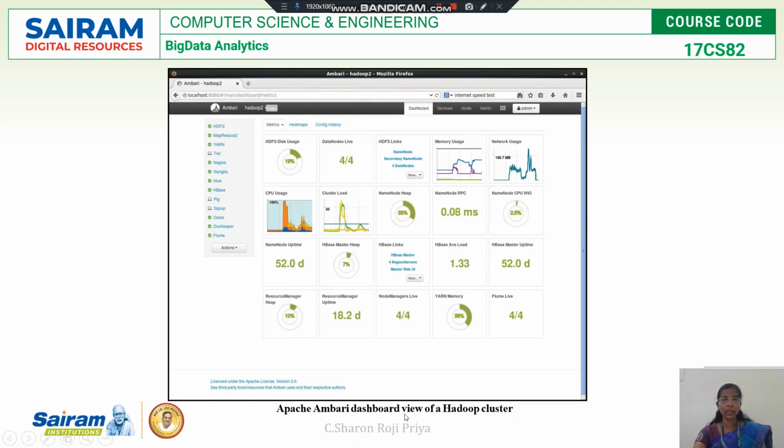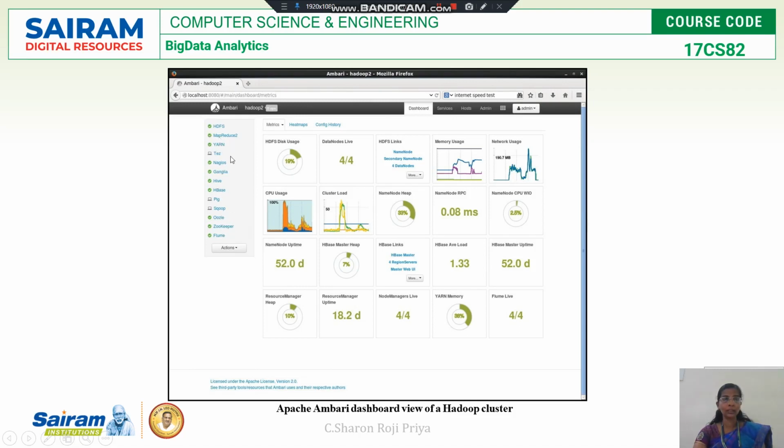This is the Ambari dashboard view of my Hadoop cluster. This is the dashboard view, and it has many widgets. For some services I have widgets, and the rest of the services I can see in the vertical menu.